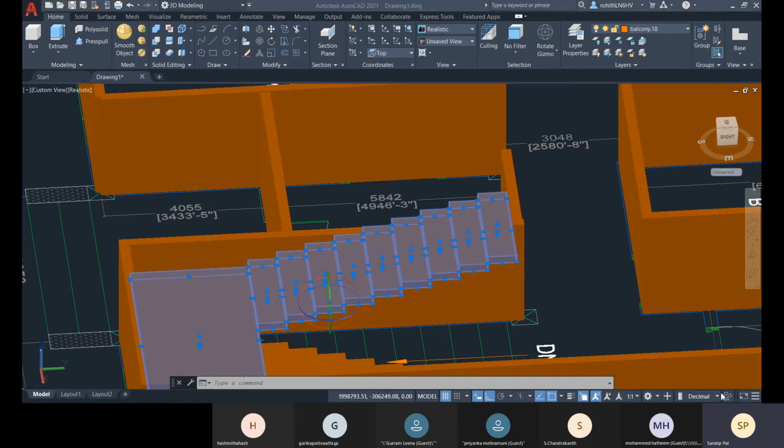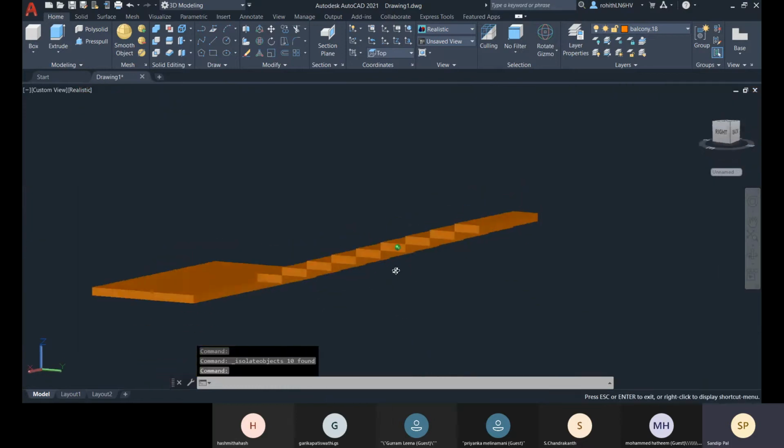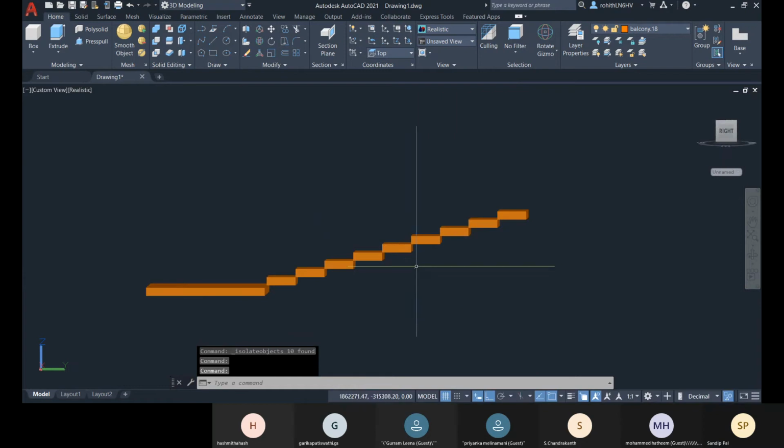So what I'll do, I have this isolate option, isolate object. If I go for hide objects, all the selected objects will be hidden. I don't want to do that. I want to hide all the unselected objects. So I'll go for isolate object, and here you can see. Right.